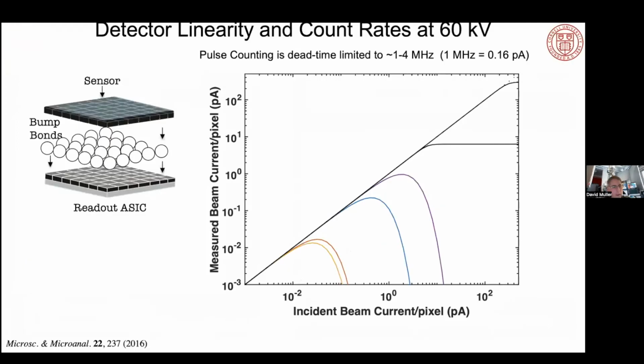So for the MPAD system, in order to get a signal with enough information in it to do the reconstructions that we want, I need to get information at high scattering angles, but I have a lot of beam current at small scattering angles. So we need a high dynamic range, and we have to be able to work with a lot of current in each pixel. And for that,